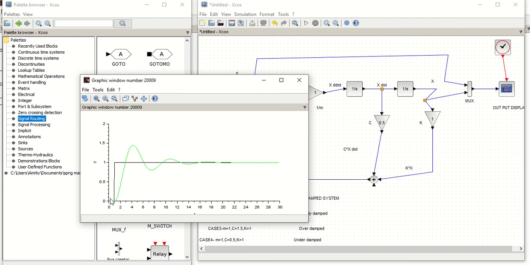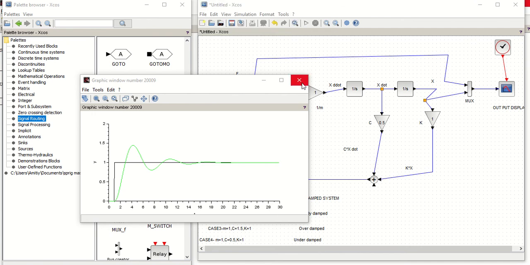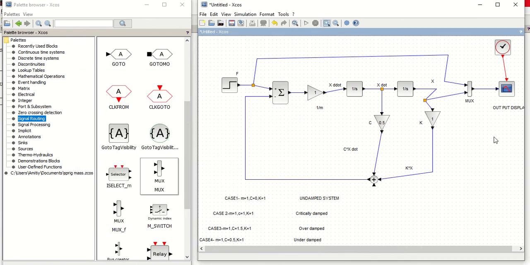Here we can see the green is output and the black line is input. So with this, it's up to you, the users, whether you want to display both or many inputs at a time or not.